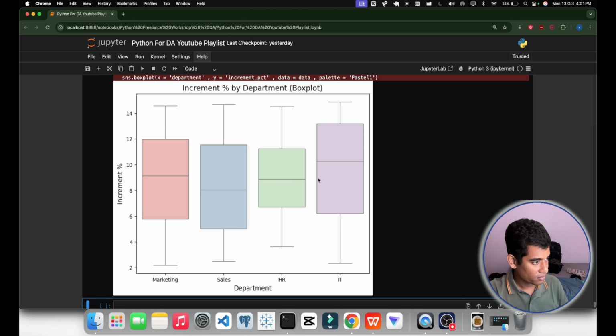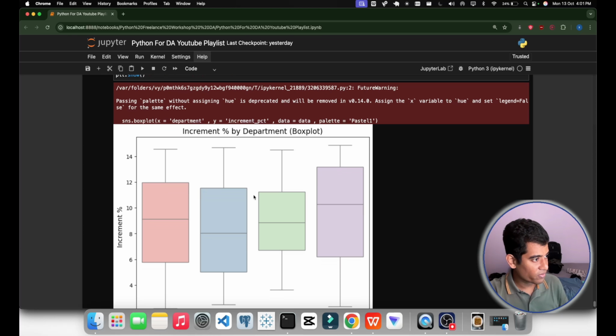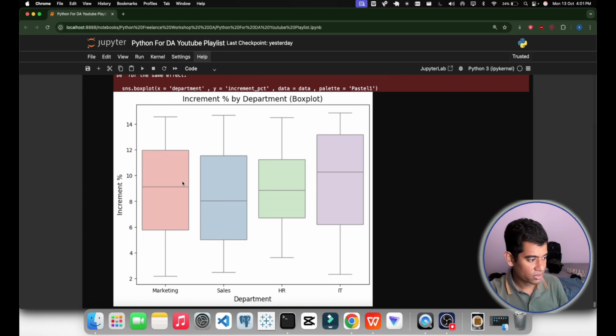You can see the median, the 50th percentile, is there. The box is all about the 25th to 75th percentile. Whiskers are always in the data range, and outliers are extreme values.